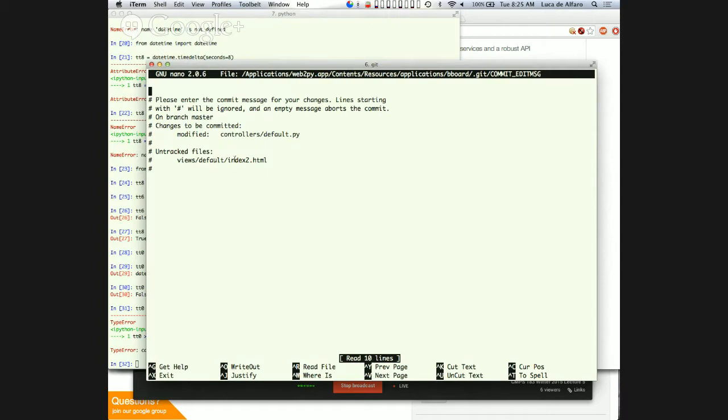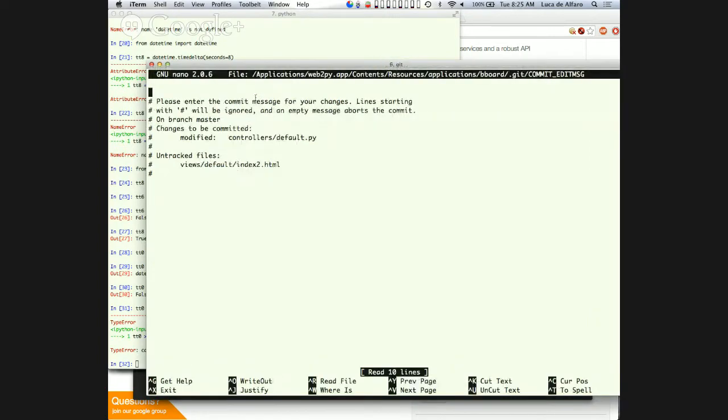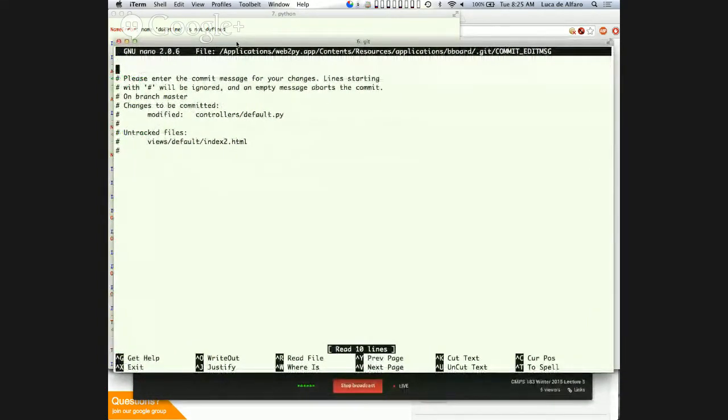you see that there is an untracked file. This means that there is a file that is not avoided by .gitignore. So it's a file that potentially could be versioned, okay? But that for some reason I didn't add. So it's telling me, hey, there is this untracked file there, do you still want to commit? It's not asking me whether I want to commit. If I write a message now, I can commit, okay? But then I exit while leaving an empty message, because I think, in fact, this is a mistake. I should have added that file as well, okay?